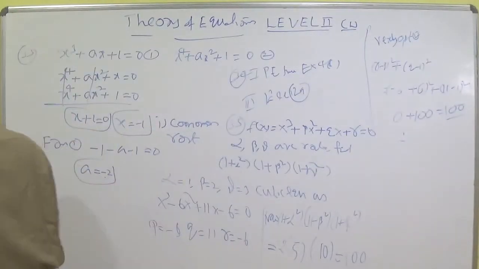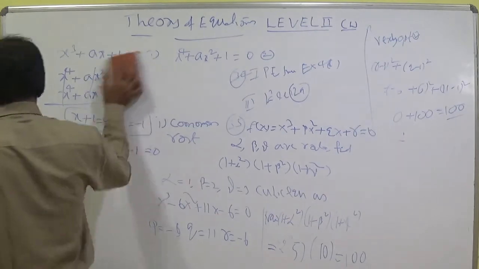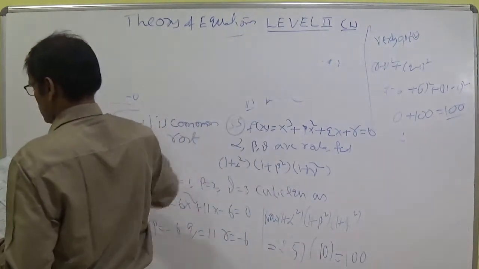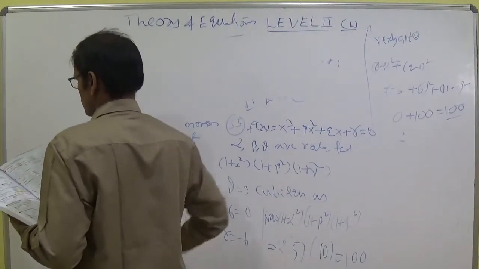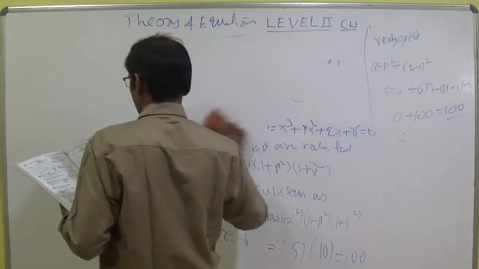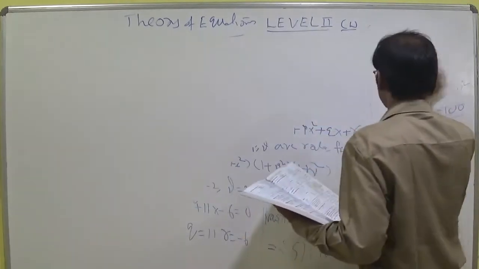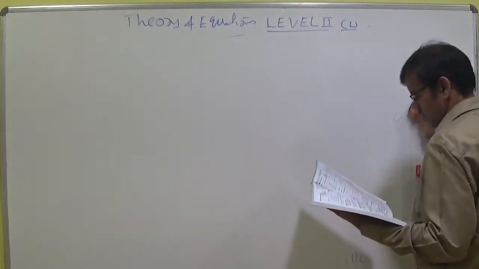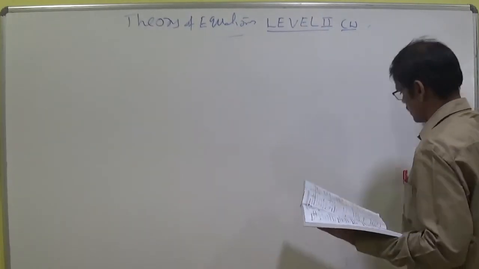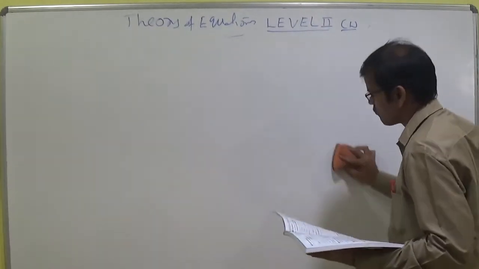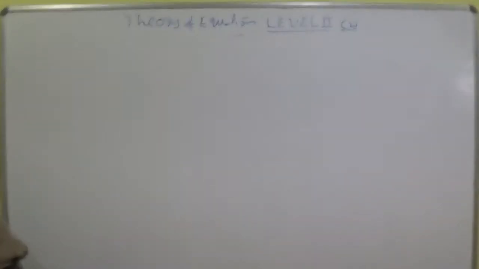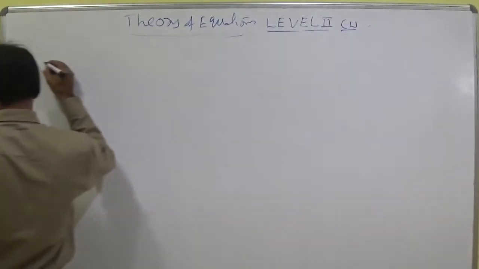Now, 36th question. If the sum of the roots of the equation is equal to the sum of the other two. Before going to discuss this question, let us do the 40th question. It is the theory for the sum of 36. So let us discuss the 40th question. Question number 40. I think that is an IP sum.